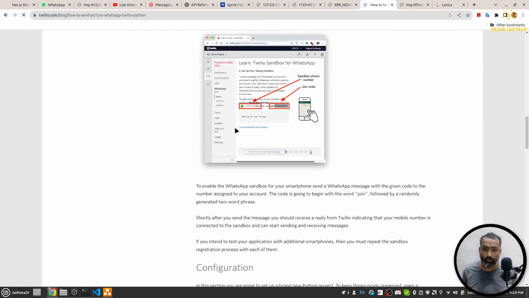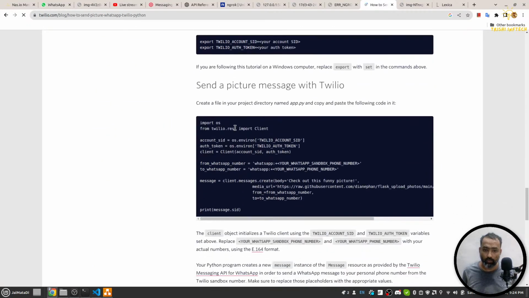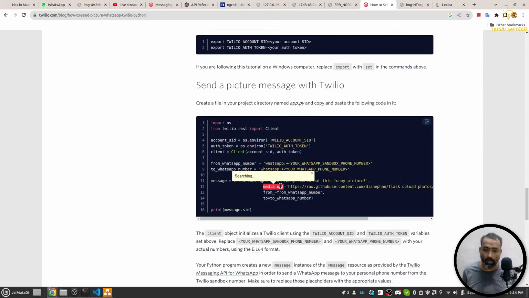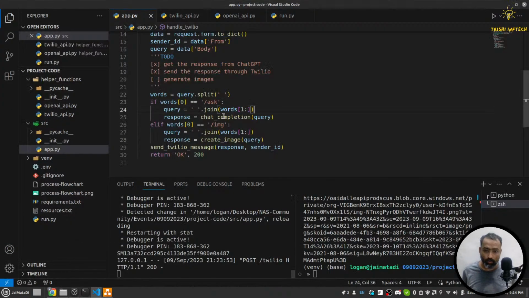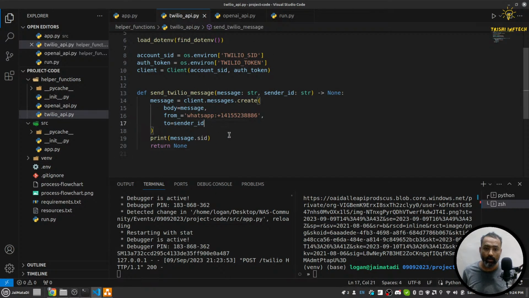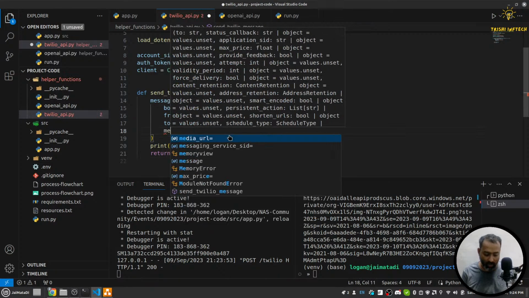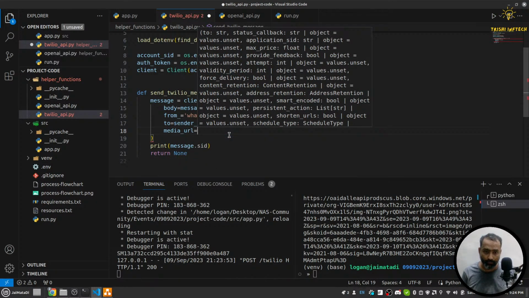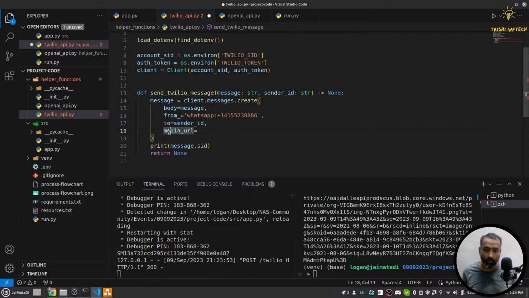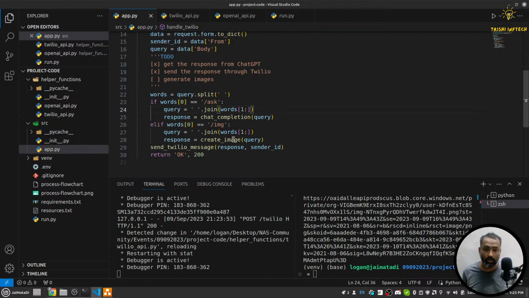Okay, so yeah, everything is there. Okay, media URL. So I'll come here and we can have another parameter, media URL. Let's say that will be equal to media URL. Okay, let me say media URL, that will be a string. Let me save this, and when we send message now, in the case of